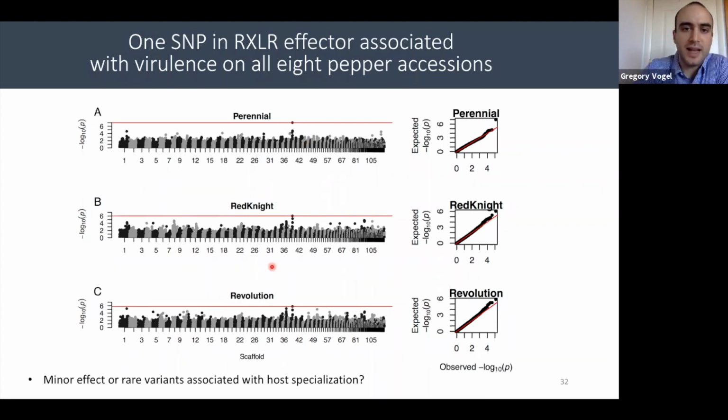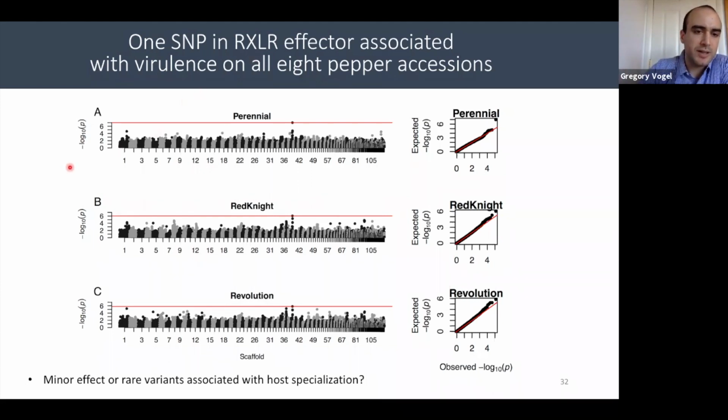This SNP was inside a putative effector protein with the RXLR amino acid motif, which we know are secreted proteins that are known to play a role in virulence. So the location of the SNP in the genome provided some biological context that gave us higher confidence in its statistical association. But still,